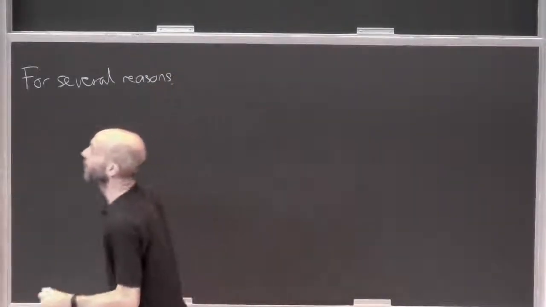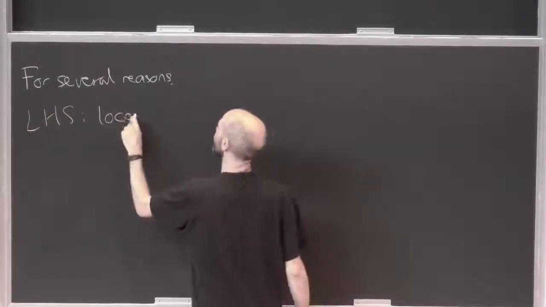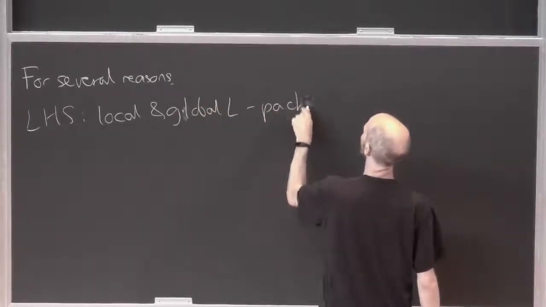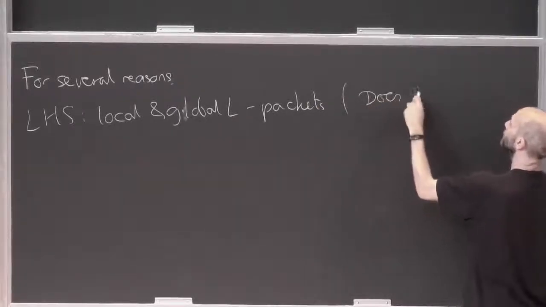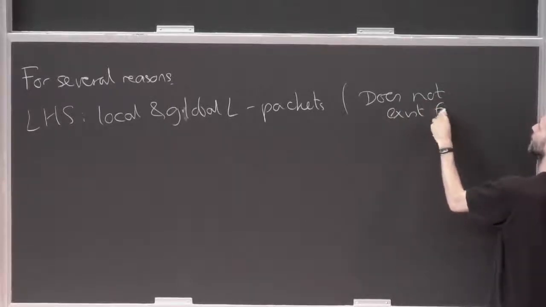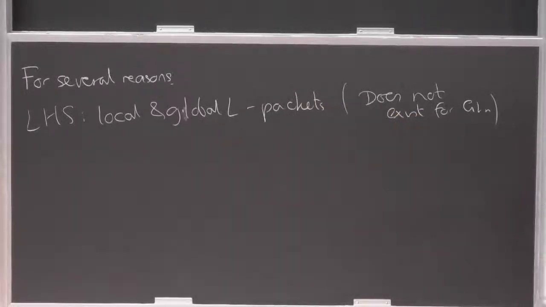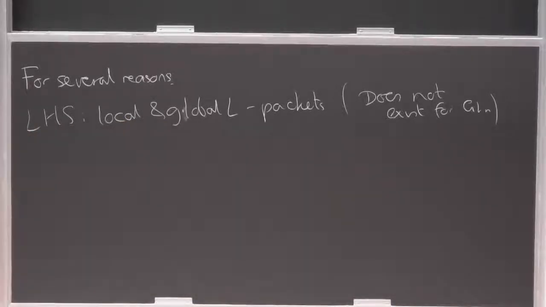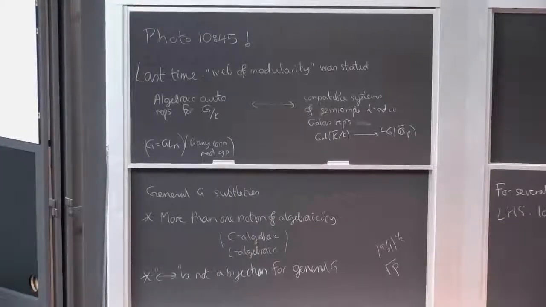Okay, so I'm just going to tell you some words. On the left-hand side, we have some issue of local and global L-packets, whatever they are. And this issue doesn't exist for GLN. But this is just some words that you hear. As you go through life, you hear people talking about L-packets and even now A-packets. And all that's happening there is you have automorphic representations which at two places are not isomorphic, but they're somehow in the same packet, and so maybe they should give you the same Galois representation.